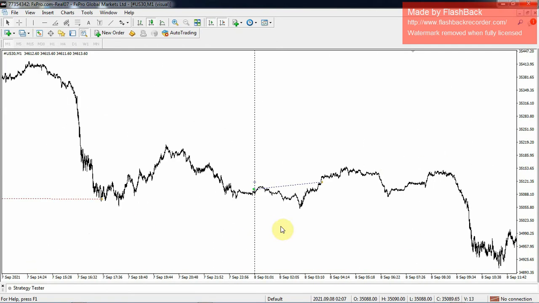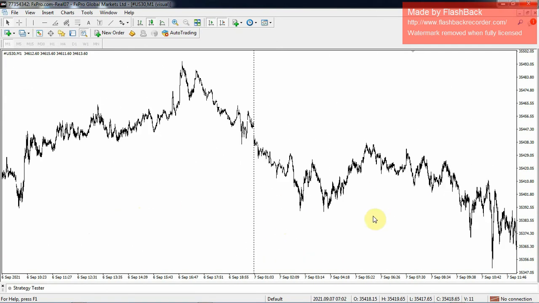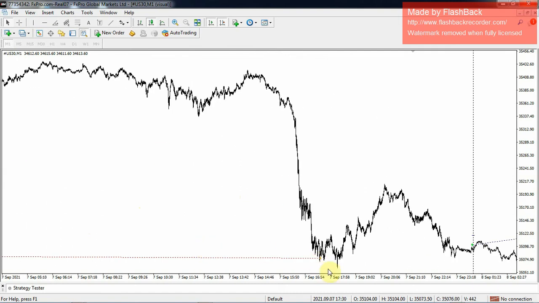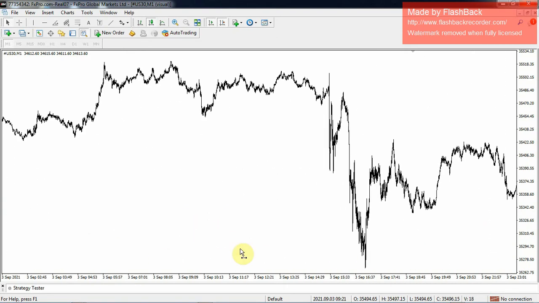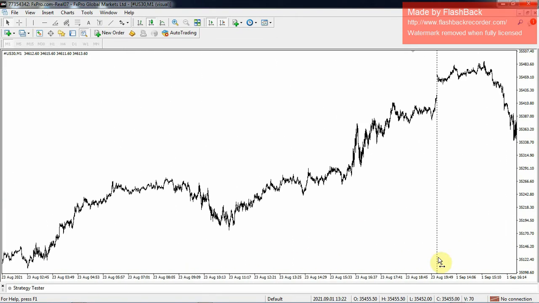This trade took some time, including this one. It took about 2 days. It was a big drawdown, but there will be few days like this. Okay, so as I was explaining,